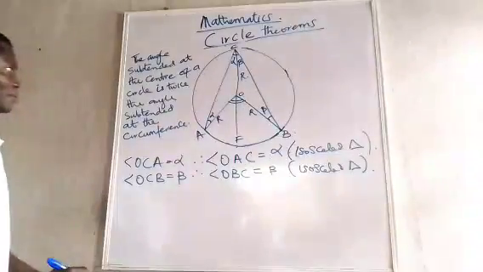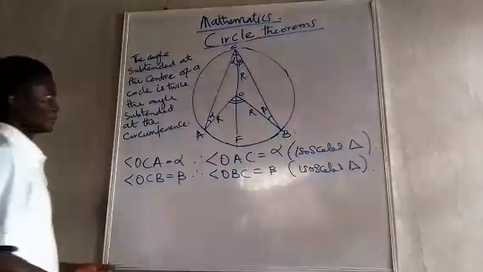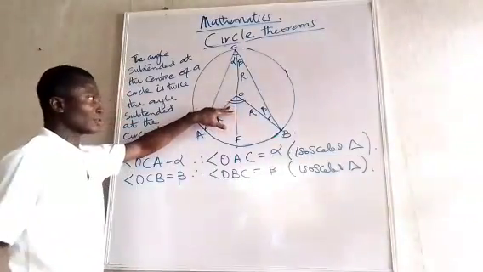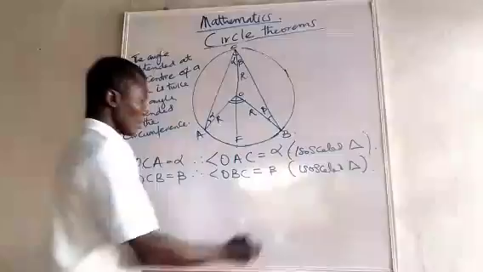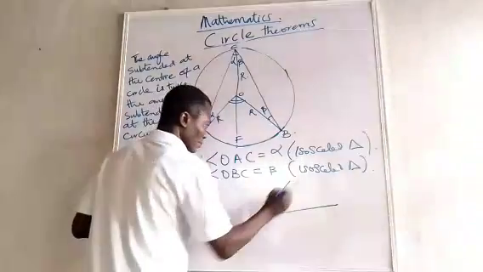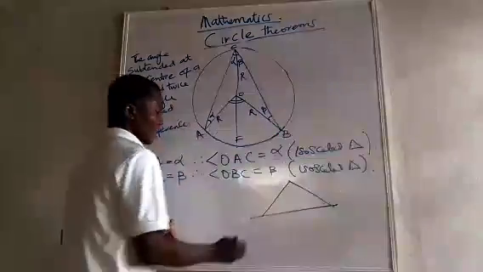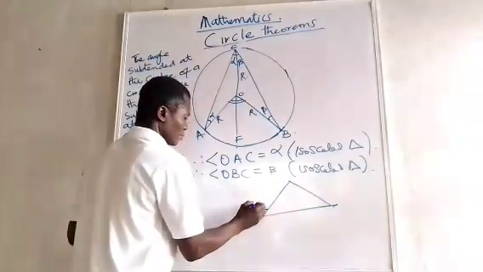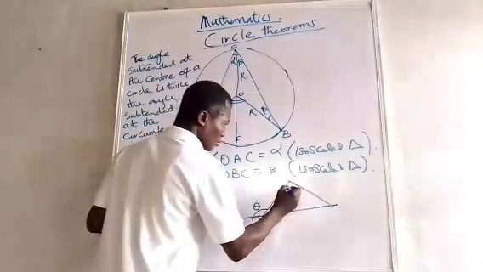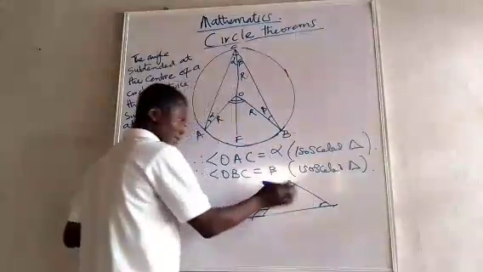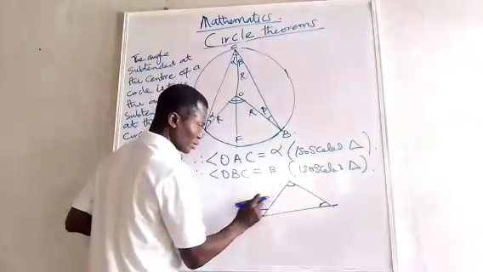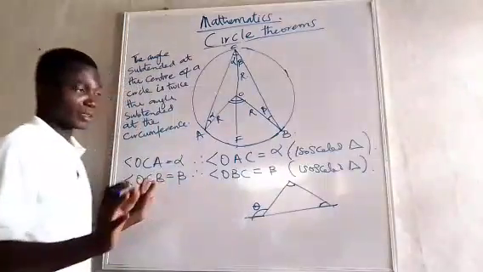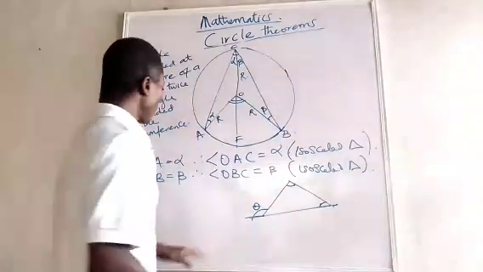No stress. And we also know in a triangle, the exterior angle will be the sum of the opposite interior angles. You remember, when you have a triangle like this, this angle here will be equal to this one plus this one. Because everything is 180. So this one plus this one is 180. This one plus this one is 180. So this one will be equal to this one plus this one. Simple. That's just the logic. Therefore,